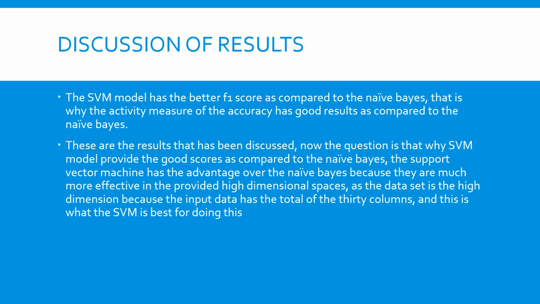So at the end of the discussion of the results, the SVM model has the better score as compared to the decision tree. That is why the measure of the accuracy has good results as compared to the decision tree. So these are the results that have been discussed. Now the question is why the SVM model provides good scores as compared to the naive Bayes. The support vector machine has the advantage over naive Bayes because it is much more effective in high dimensional space. As the dataset is high dimensional because the input data has a total of 30 columns, and this is what the SVM is best for doing